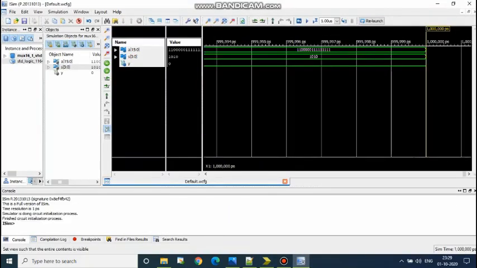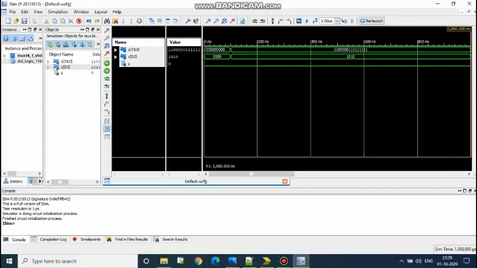Now it's coming. So this is the mux output. Y is 0, that is, the 10th bit is 0, so you can check it: 0, 1, 2, 3, 4, 5, 6, 7, 8, 9, 10th bit is 0, so the output is 0.